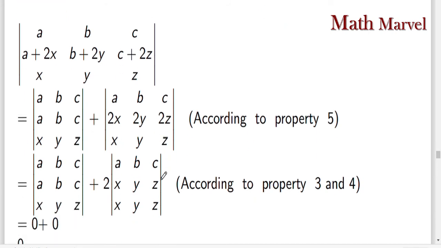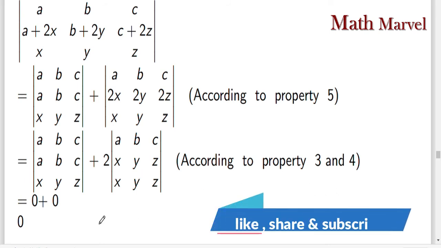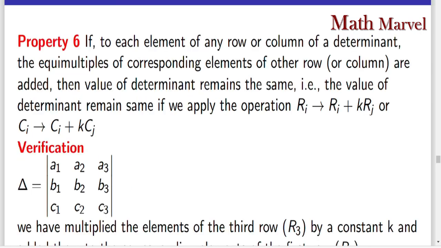Now observe that the first determinant contains the first and second rows the same. And in the second, if we take 2 outside, the second row contains common elements, so take 2 outside. So here we have a, b, c; x, y, z; x, y, z. So now in the first determinant, row 1 and row 2 are the same, and in the second, row 2 and row 3 are the same. So according to properties 3 and 4, what do we conclude? The values of these two determinants are 0. So we can write 0 plus 0. So our answer is what? The answer is 0.